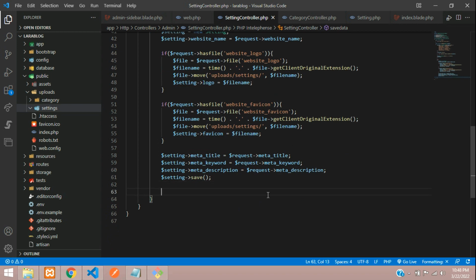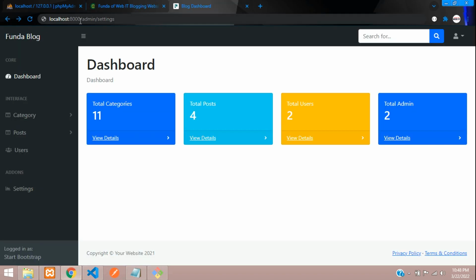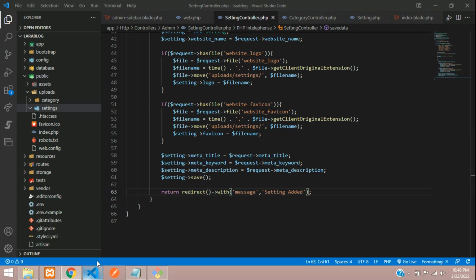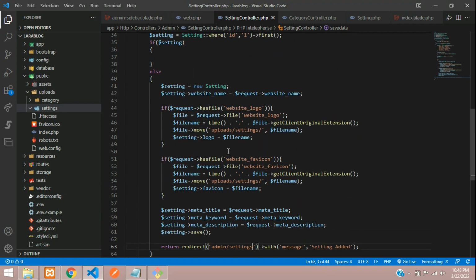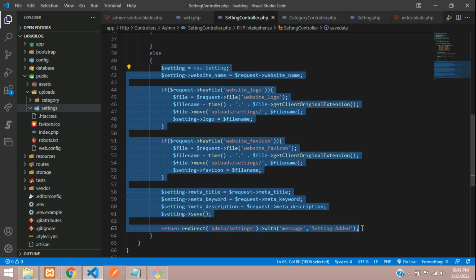Done. So once it is saved, you are going to return and redirect back with the message. Let me just type message as setting added. Okay, so this will be added, not updated, where you are going to redirect back on the settings page. So let's mention that redirect to settings. Yep guys, so this is for our inserting record first time if we try to do, but what in case